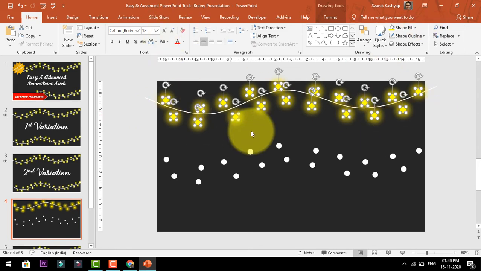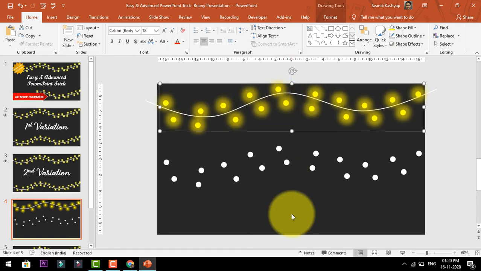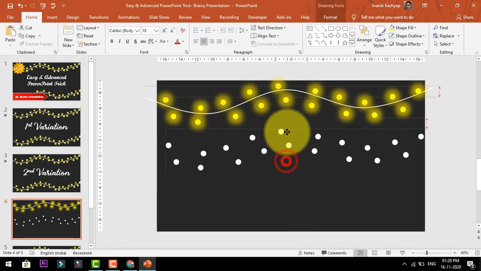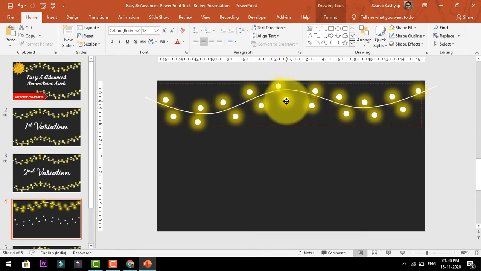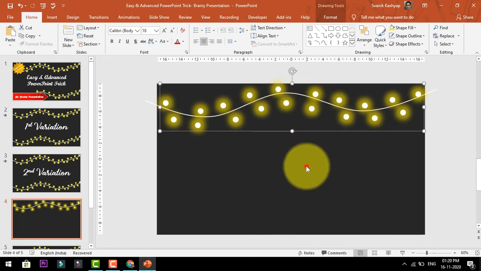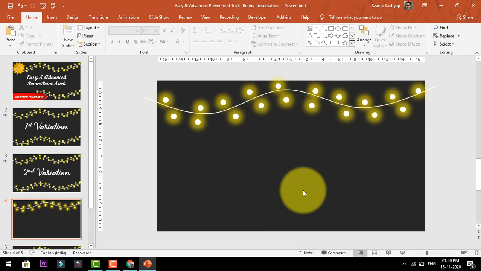Then select all the yellow glows and press Ctrl G to group them, and just align these white dots. Okay, so our first wire is all done with its glow and its bulb.